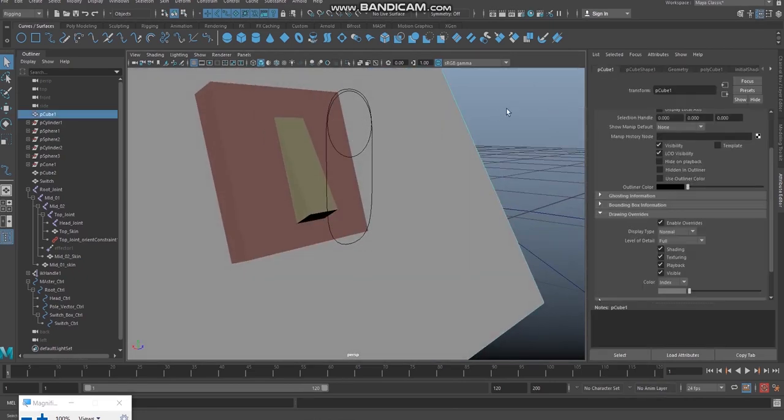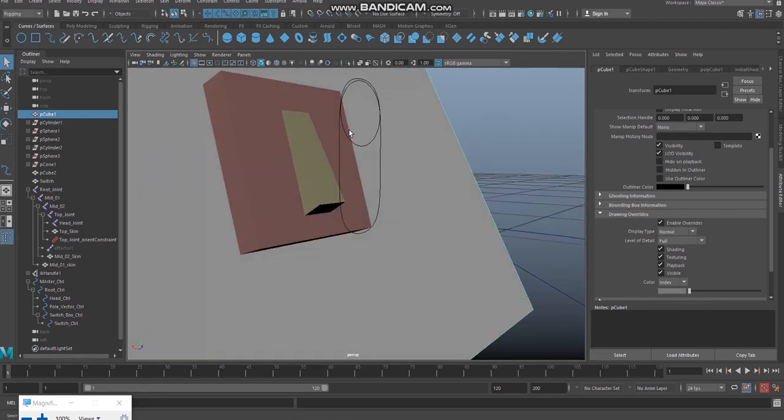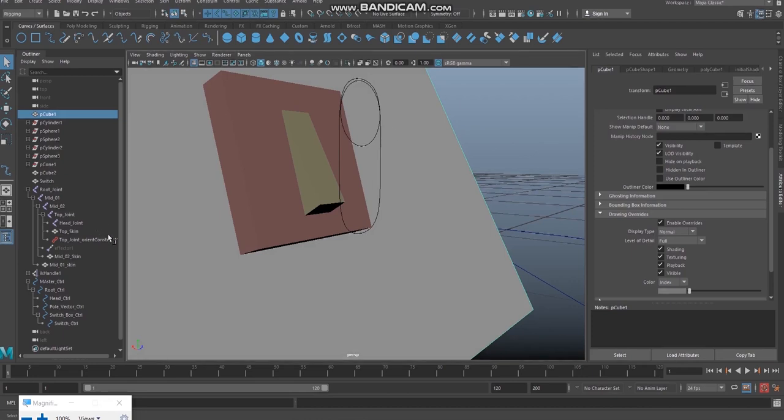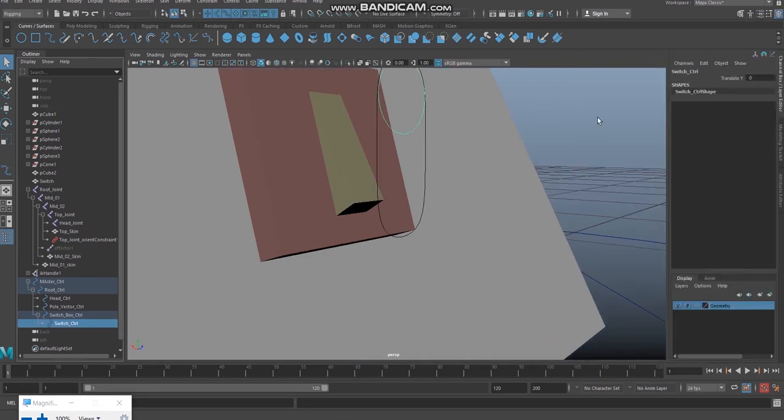And again we are facing one problem, that is the inner control, that switch on off control, is also affected. Okay, so for that again I need to select that switch control, listen carefully, in the outliner.